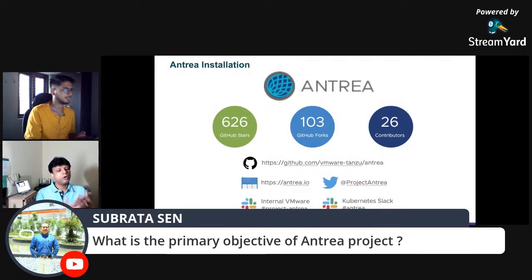I told you a lot of operational concerns we could avoid, and as I showed you, a lot of additional features, like you can quickly go and enable network observability for the CNI. So that kind of features are there. So it's a more lightweight open source CNI. That's the objective.